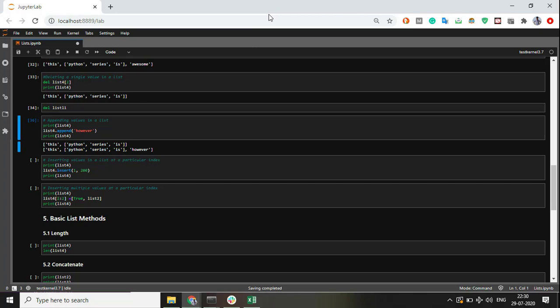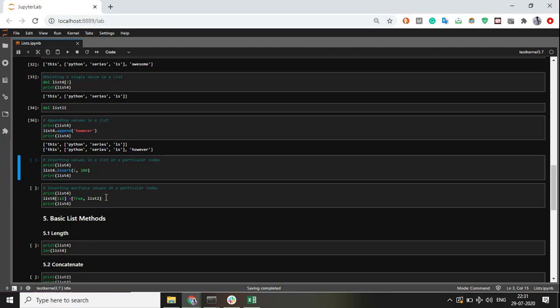So this is how we append values in a list. When you append a value in a list, it is always appended at the very last index of that particular list. Whereas if I want to insert a value at a particular index, I'll just have to write something like this. Python has an inbuilt function for a list such as append. It also has insert, which takes two values. The very first value in that insert function is the index that you want to add the value in, and the second is the value that you want to add.